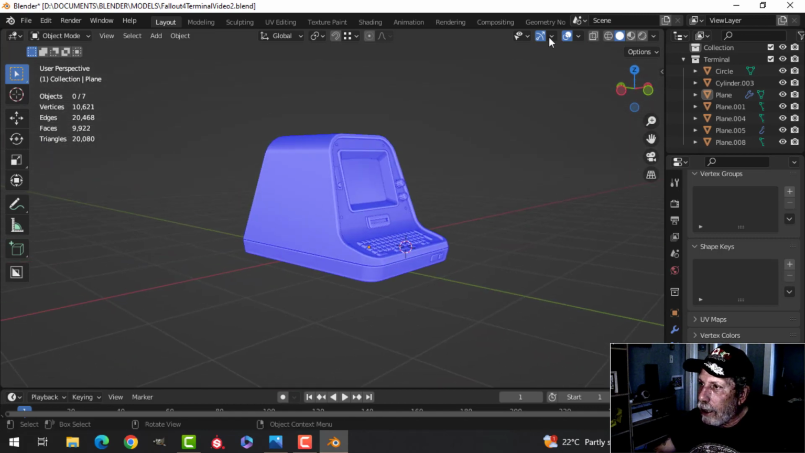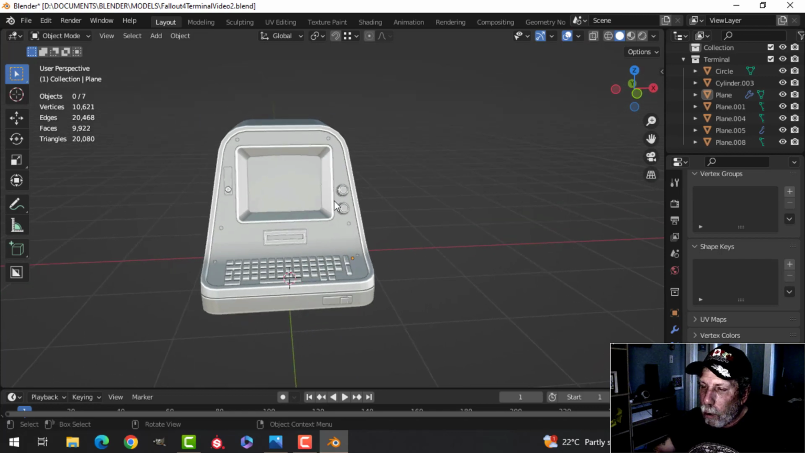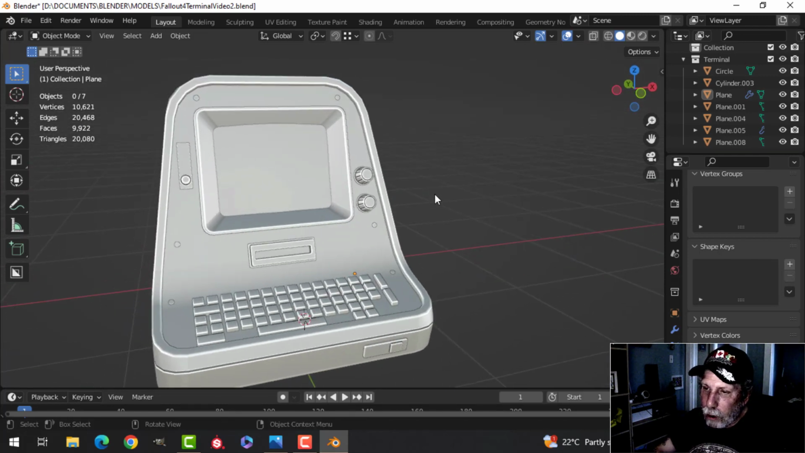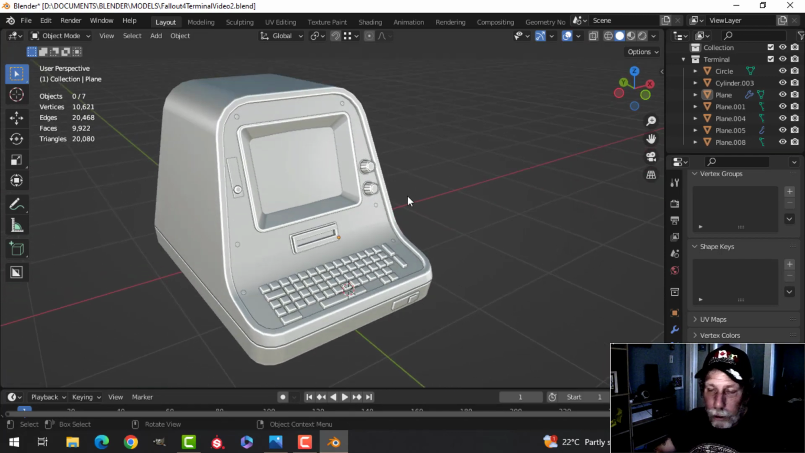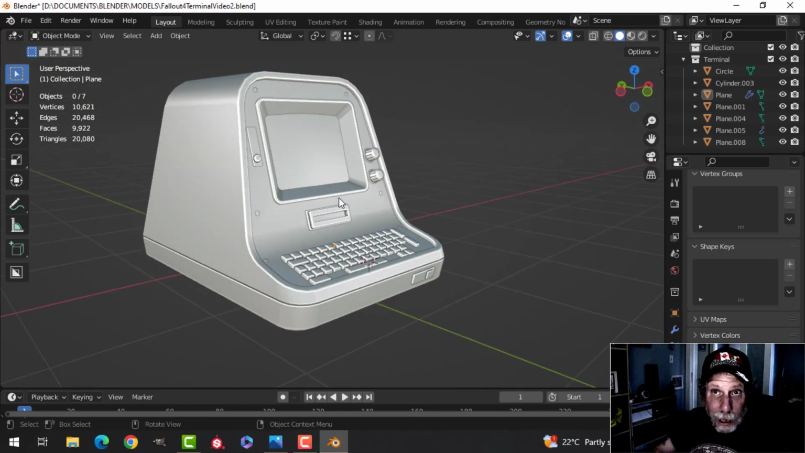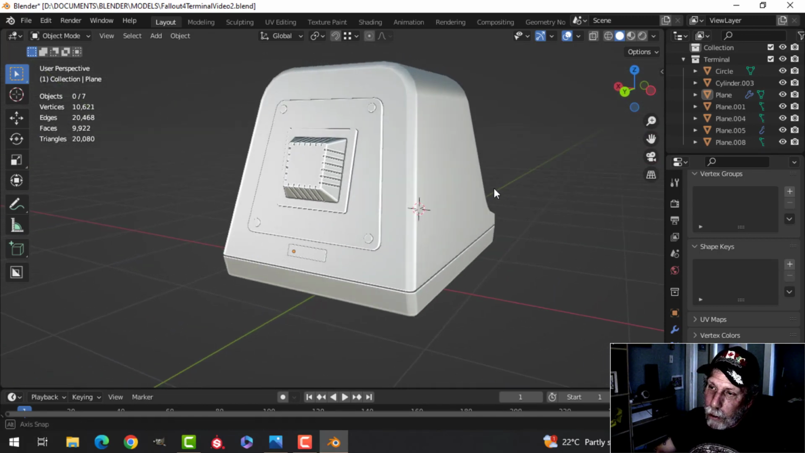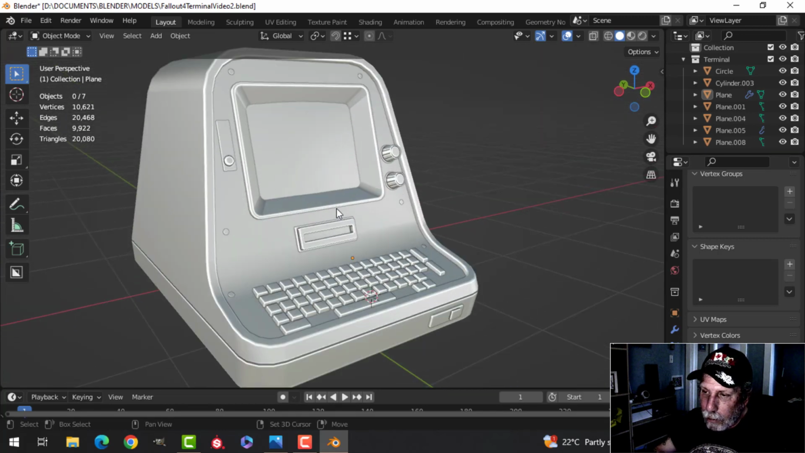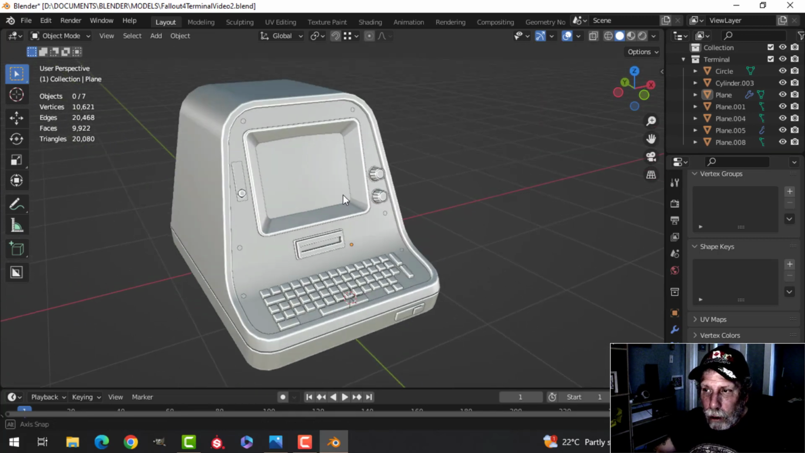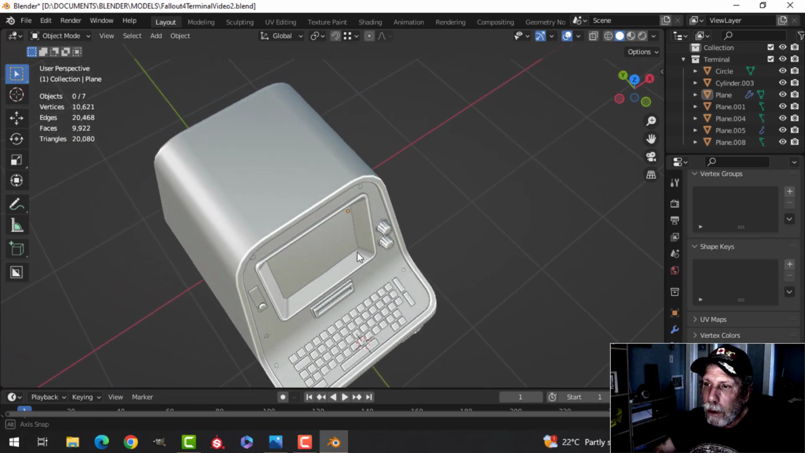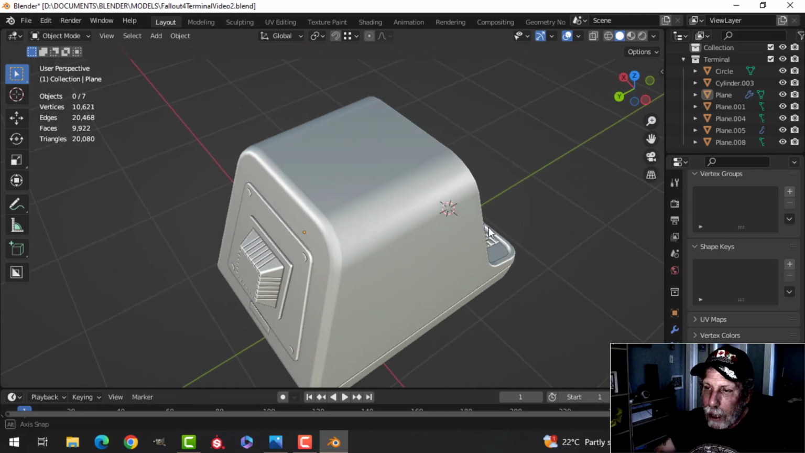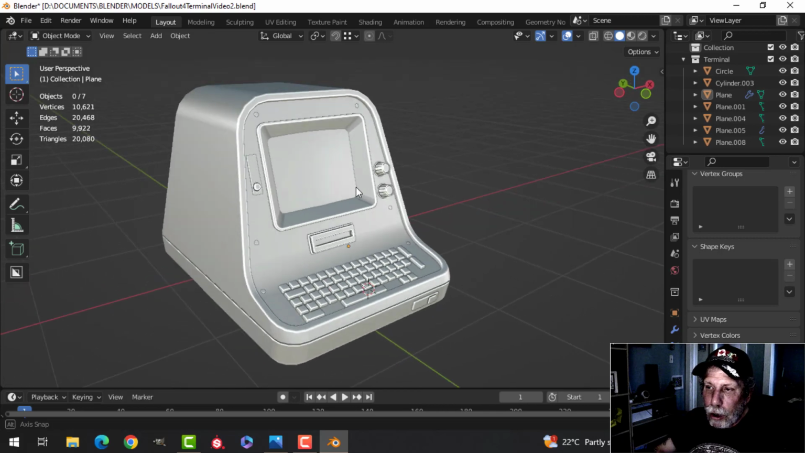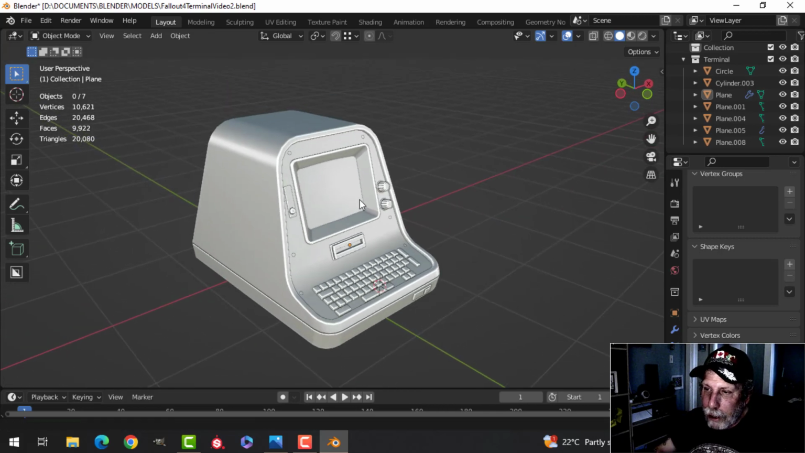All right, well, that is our base model, and in the next video we are going to be unwrapping this. We're going to use a lot of Smart UV Project, and we're going to do a test, and then we're going to know whether or not it's working for our purposes, because Smart UV Project can do a great job. It won't do a great job if you need to be very specific with some of your textures. But it should be fine for us for creating a grungy,